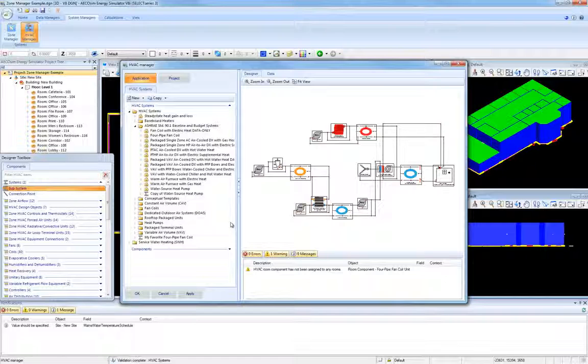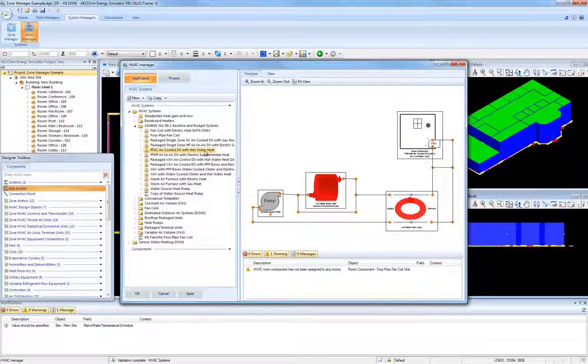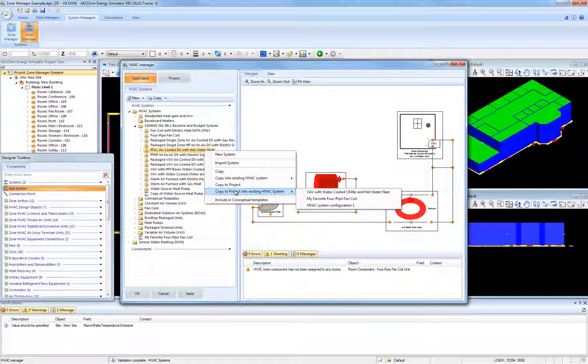Similarly, I can select another predefined designer system or graphical system and right-click on it and say Copy to Project into existing HVAC system.